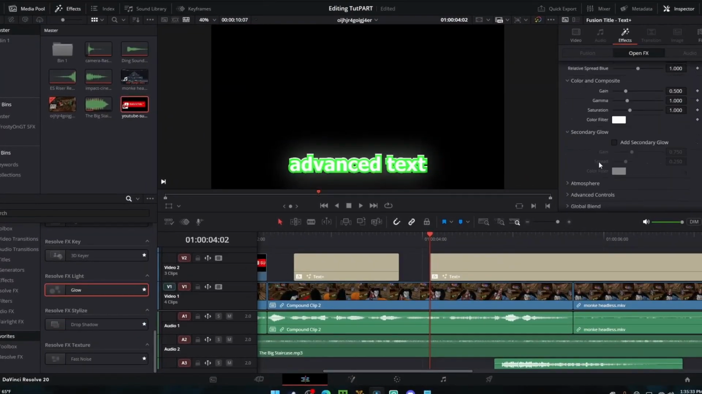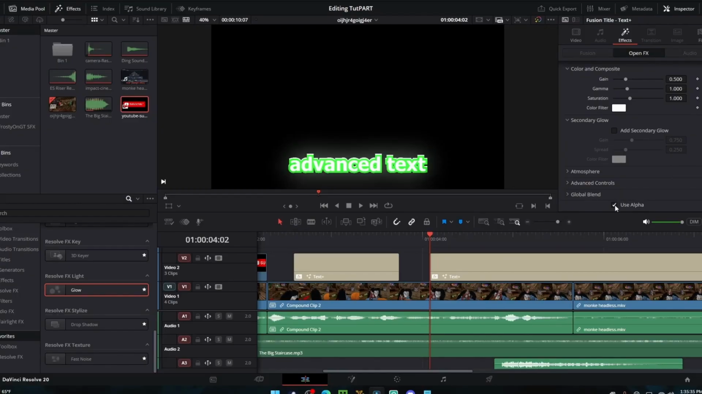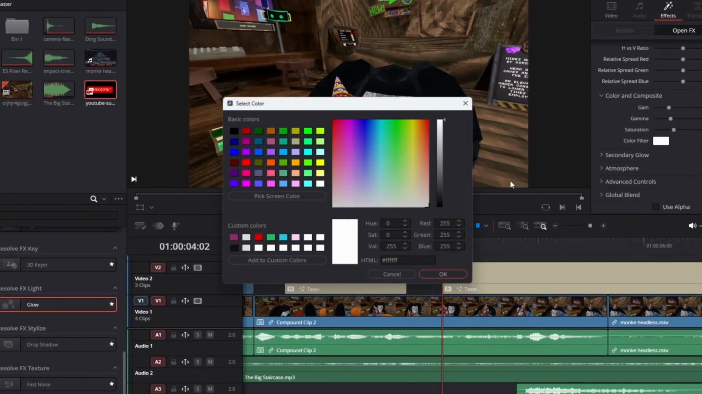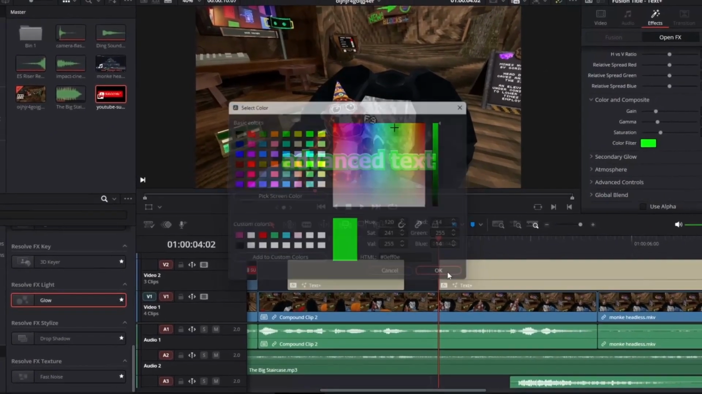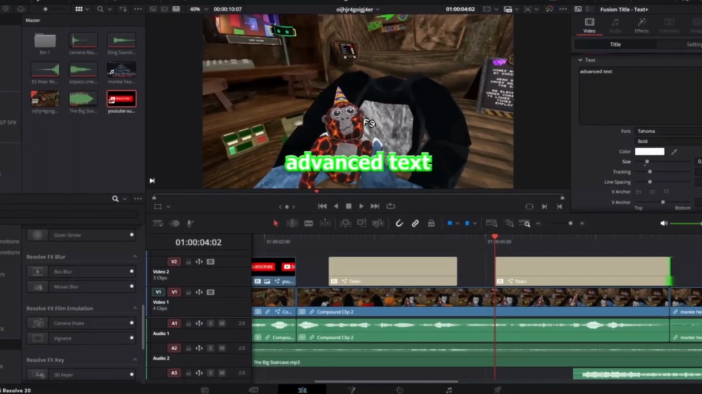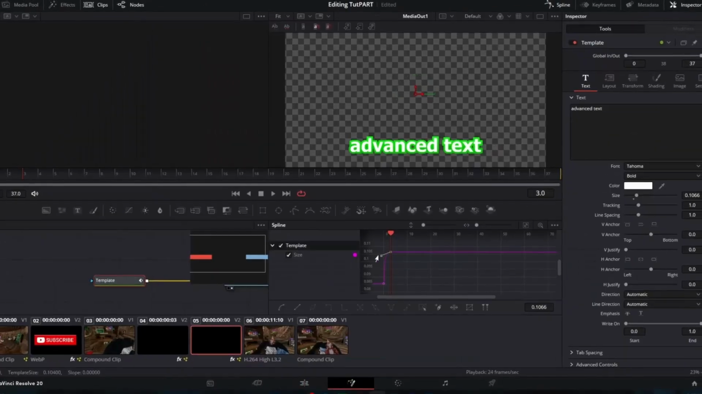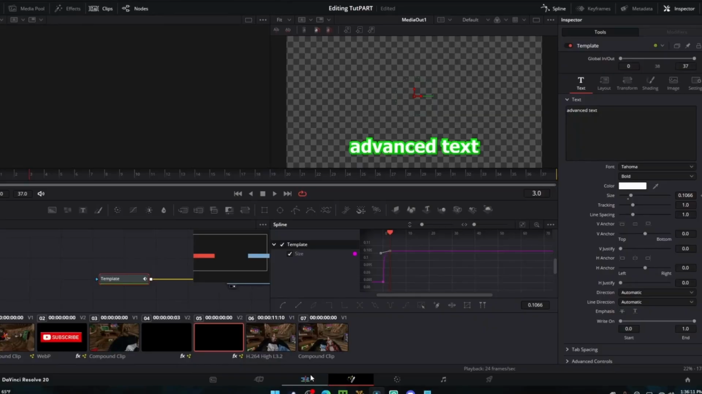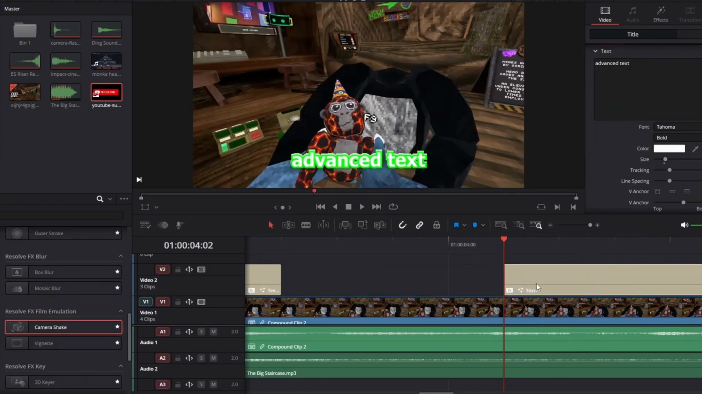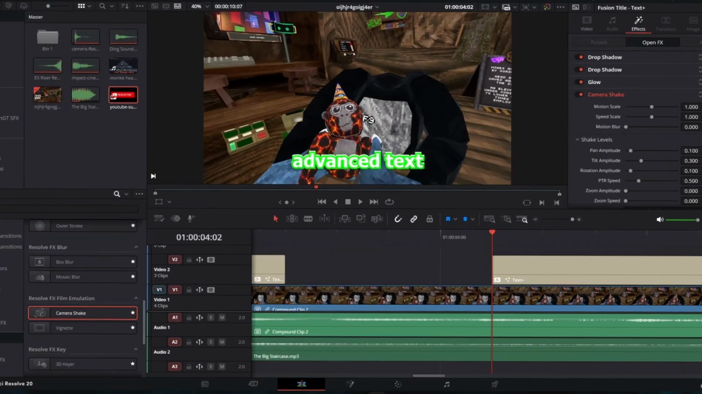You're gonna want to add a glow, go all the way down, deselect use alpha, and then you're just gonna change it to another color. So I'm just gonna use green. After you've added your glow, you're gonna want to do your popping again and do everything that you did earlier with the simple text. But then you're gonna want to add camera shake, and then you're gonna select these three,